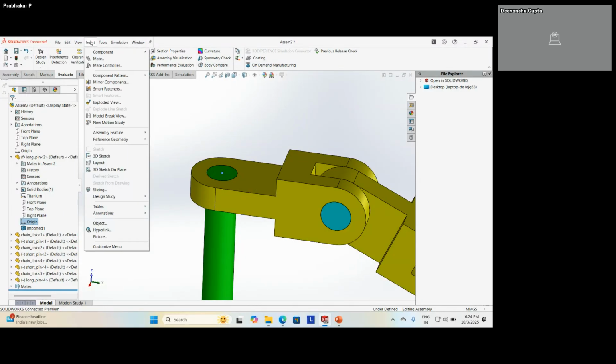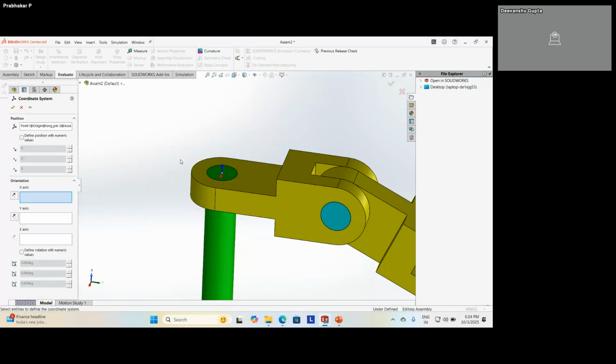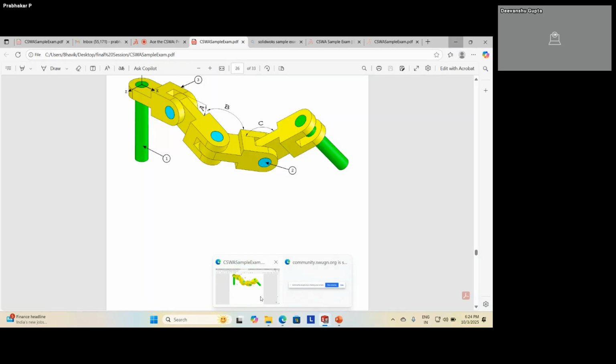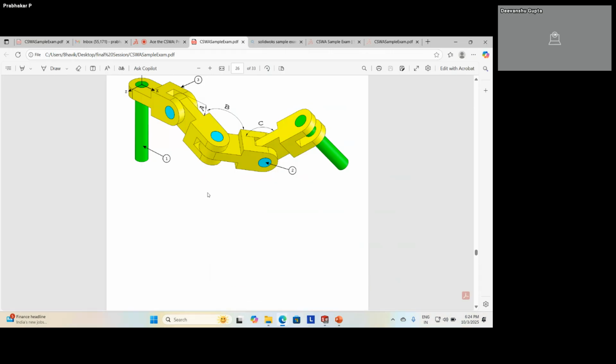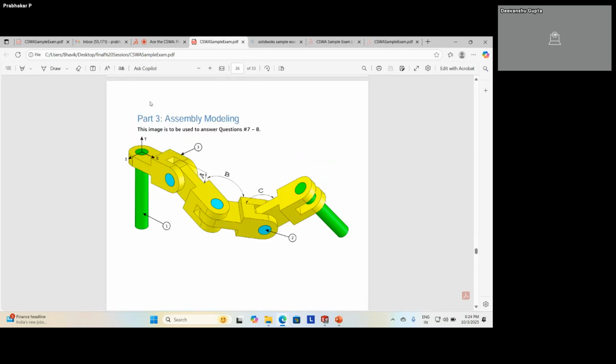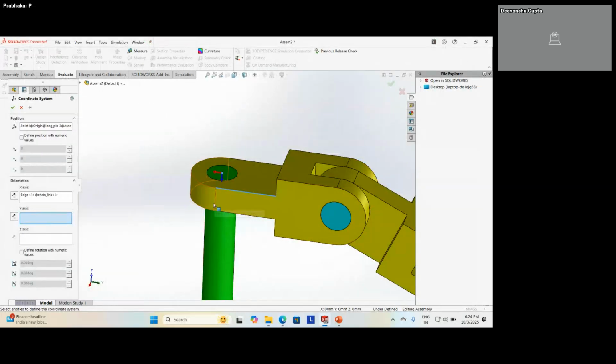Okay, insert reference geometry coordinate system. You just mention the x-axis. X-axis is towards this direction. So I select this line. Then y-axis. Y-axis, you can see here, is towards upward. So I select this line.